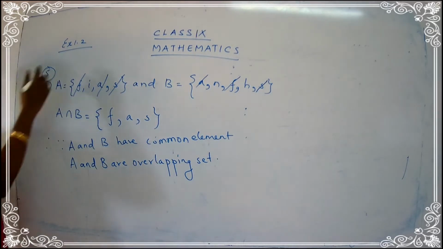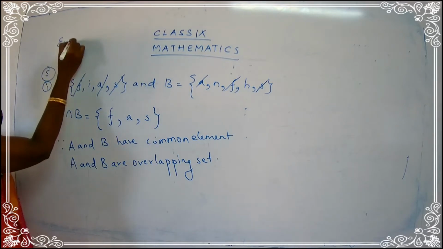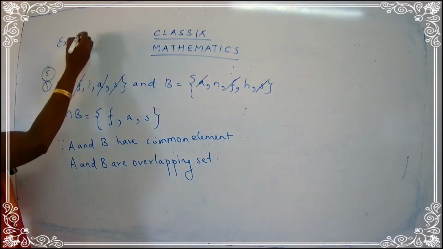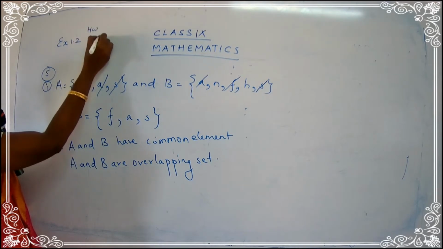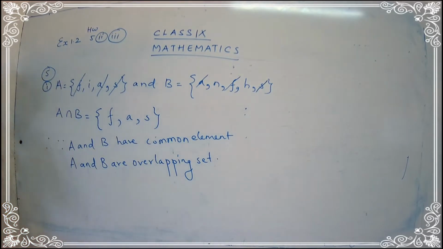Now when I was explaining the definition part, I gave you many examples and made you clear about what a set is, how sets are differentiated, what a disjoint set is, and what an overlapping set is. I have given you an idea of how to follow up the sum. Yes, children? You are going to complete question number 5, the second subpart and the third subpart, as homework. The first subpart I have done in classwork. Try out the second and third as homework.